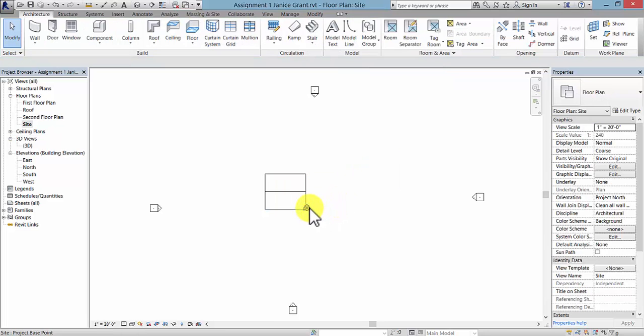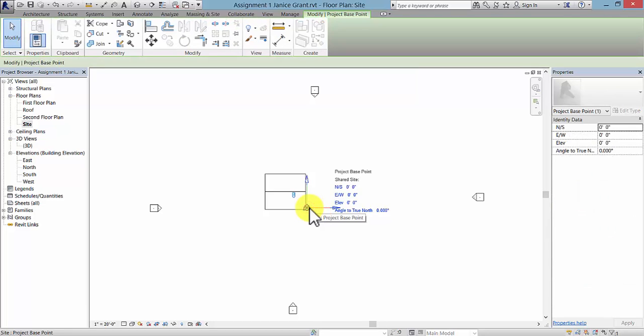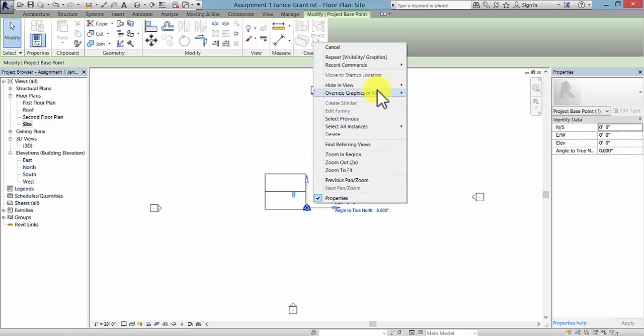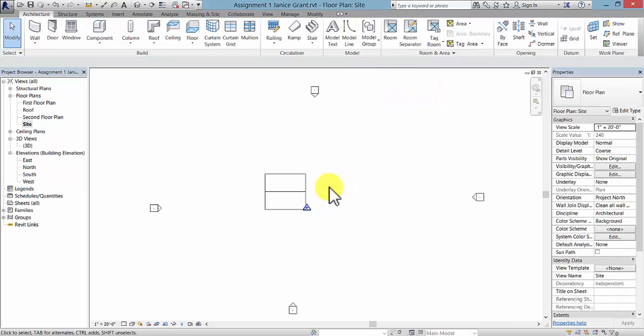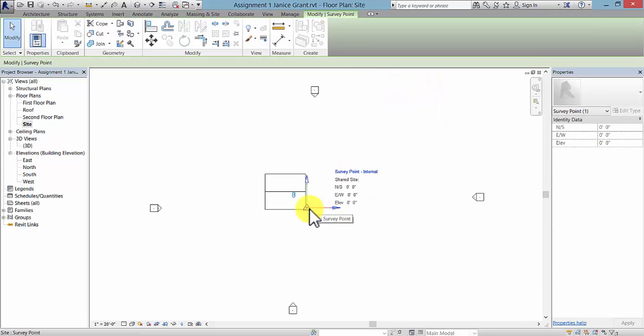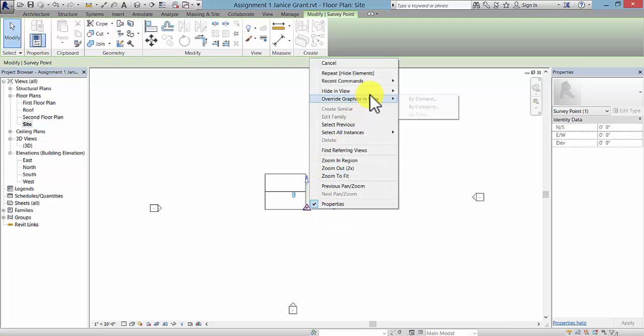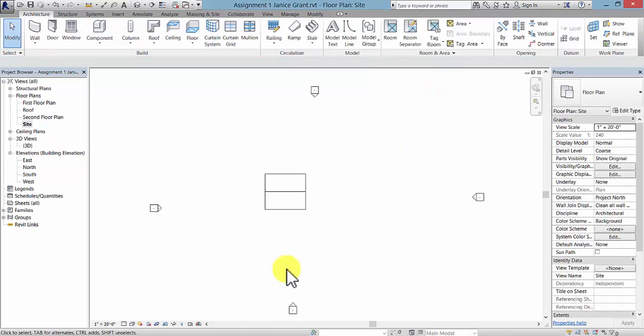So for this site, project base point and the survey point, which you can see the project base point is at 0 by default, we can right click, and I'd like to show you this hide in view elements. If you use category, you'll be able to use VG to turn it back on. But if you use elements, and I'll just go ahead and select both the survey point and the project base point individually, right click, pick hide in view and elements,